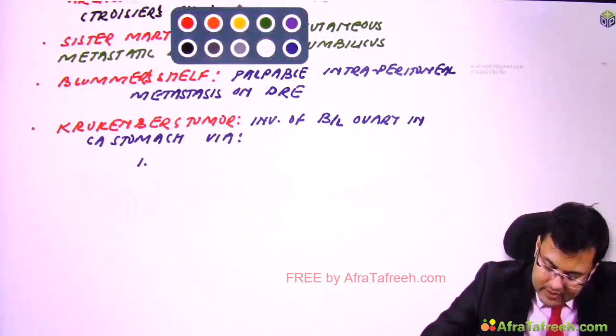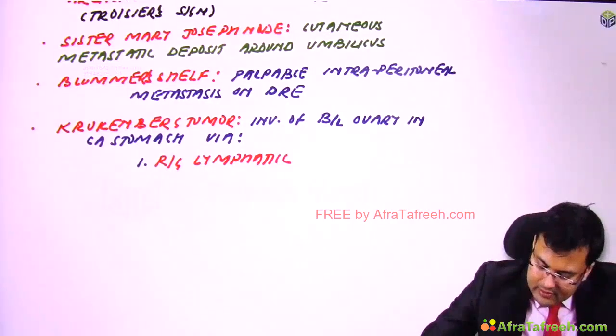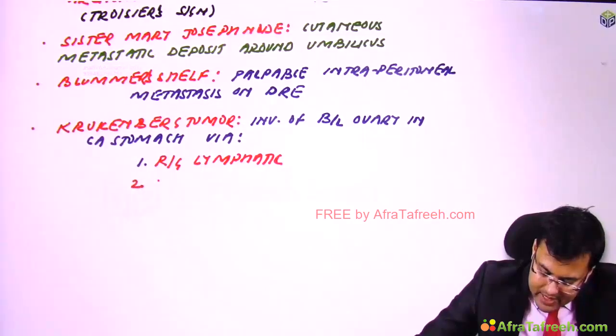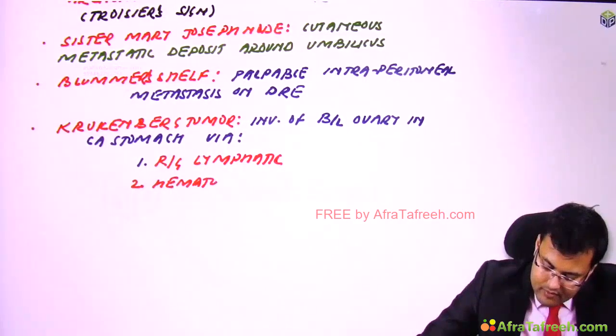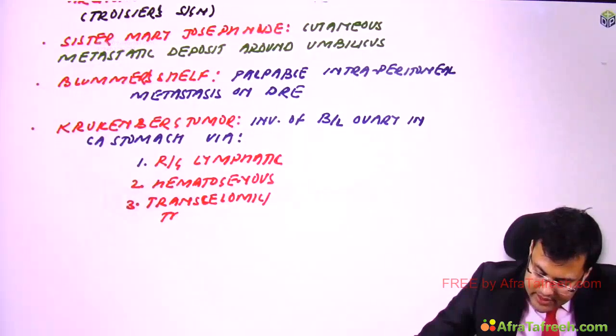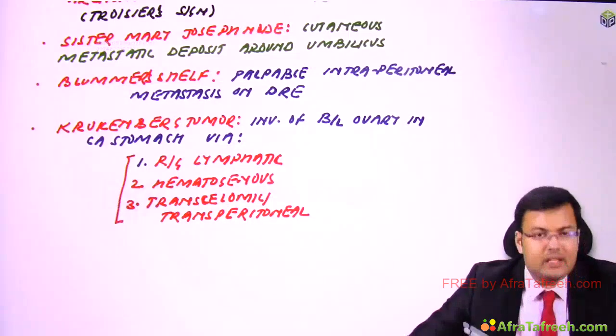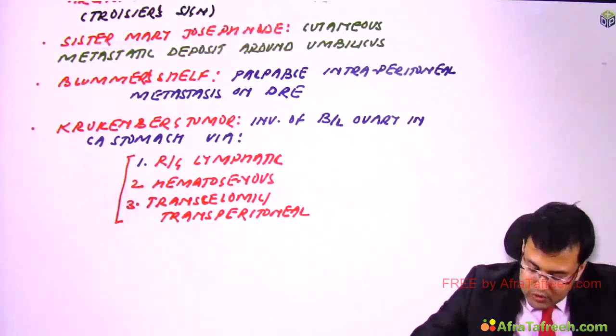First, retrograde lymphatic spread. Second is hematogenous spread, and third is transcoelomic or transperitoneal spread. Be careful, all these are the routes, but which one is the most common route is